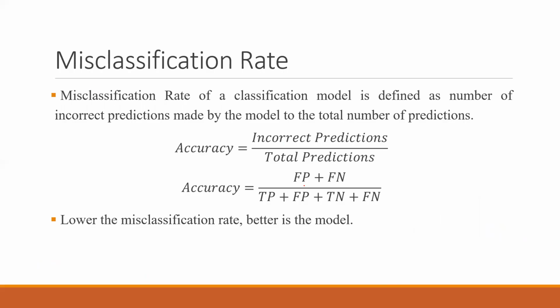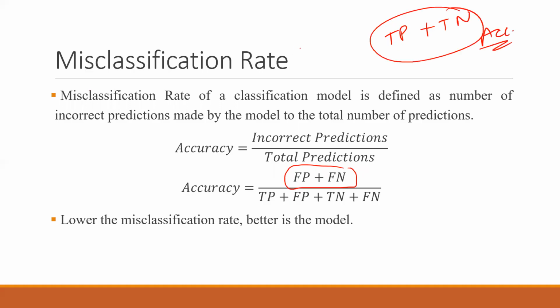Misclassification means that in the numerator all the wrong predictions divided by total number of predictions. एक्यूरेसी में ऊपर ट्रू पॉजिटिव और ट्रू नेगेटिव को रखा था, बट मिस क्लासिफिकेशन में हमने फॉल्स पॉजिटिव और फॉल्स नेगेटिव को न्यूमरेटर में रखा है, अदरवाइज थिंग्स आर फाइन, ठीक है? तो इस केस में मिस क्लासिफिकेशन रेट, इट इज एक्चुअली फॉल्स पॉजिटिव प्लस फॉल्स नेगेटिव डिवाइड बाय टोटल प्रेडिक्शंस, इसको भी एक्यूरेसी बोला है, बट इन दिस केस इट इज मिस क्लासिफिकेशन रेट। इसको ध्यान रखना है, दोनों में डिफरेंस है, और मिस क्लासिफिकेशन जितना कम हो उतना अच्छा, ठीक है? ऑब्वियसली वी आल्सो नो कि जितनी गलतियां कम करेगा उतना बेटर है, दैट्स व्हाई इट इज रिटन.